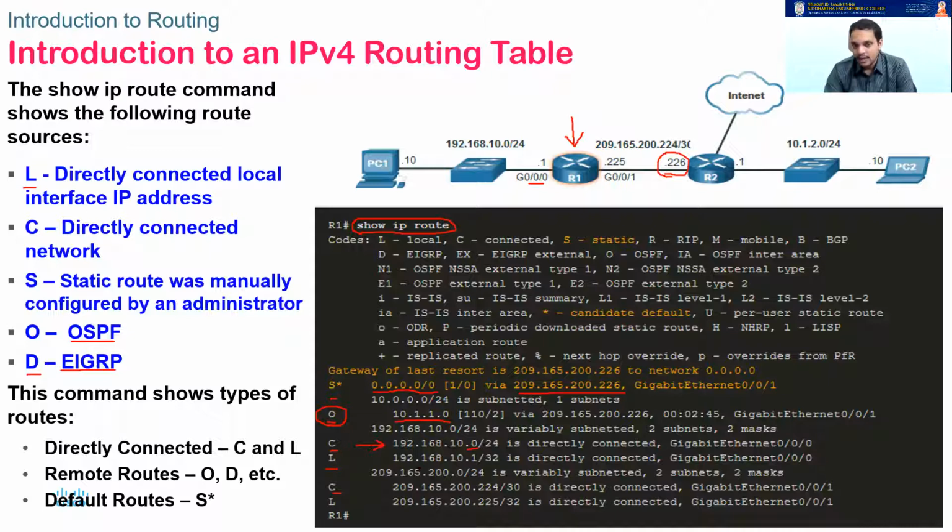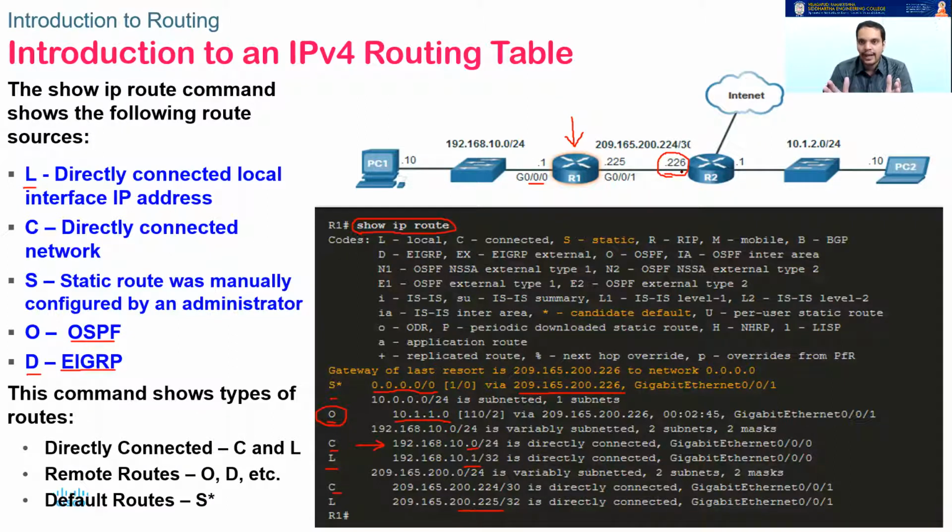See, L says that 192.168.10.1. If you see, it's a 1. I told you how to read the IP address here. You take the network, slot in the IP address in the last part. So it is saying that L is the directly connected local interface address. Similarly, this is also a local, which says that 200.225 because this is the address L. C says that it is the network that it is connected to, .224/30. It takes a little bit of understanding. It takes a little bit of time for us to grasp all these things.